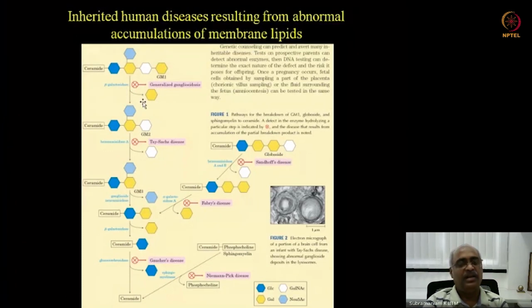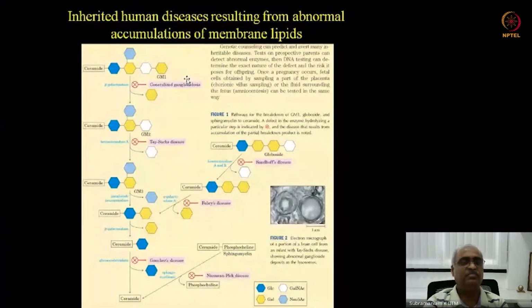Okay, and if this enzyme is not present, suppose someone has a genetic mutation and as a result they do not produce this enzyme, then they cannot hydrolyze this, and that leads to a disease called generalized